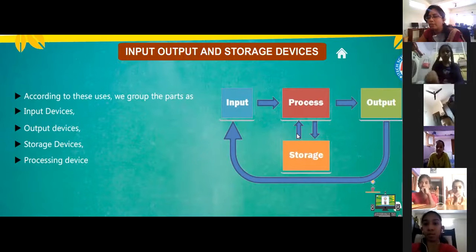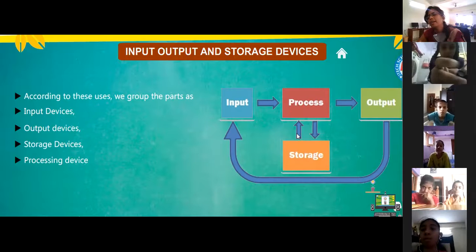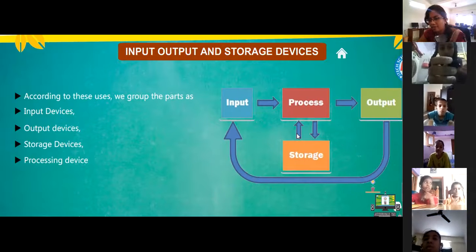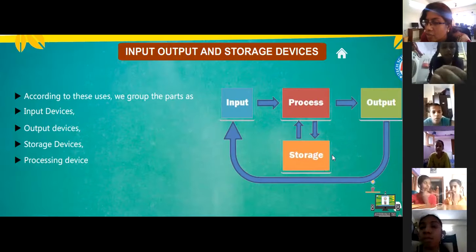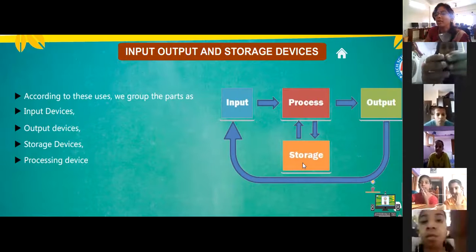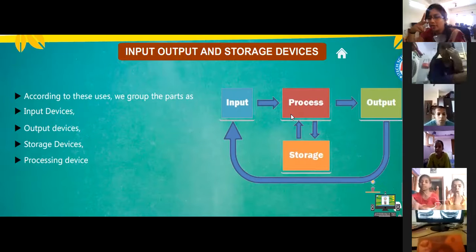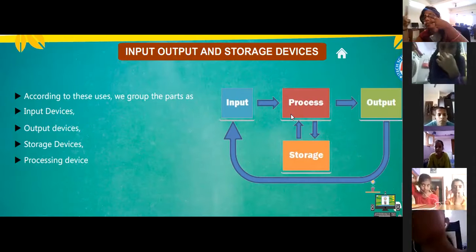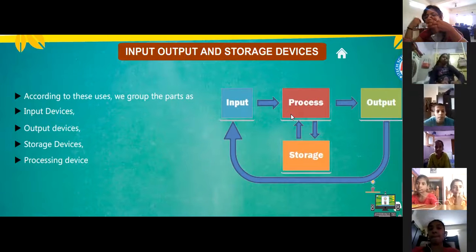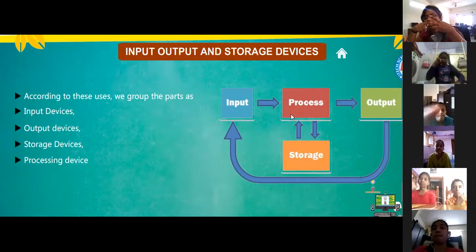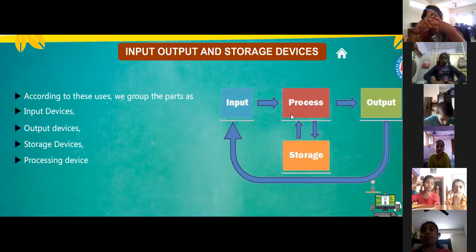Whatever files you people make, the movies which you have made, any documents you have made, it gets saved into the computer. Where does it get saved? It gets saved in the storage area. So after processing, the computer does two activities. One, it sends the information to the output devices so that the user gets to know the result. Second, whatever it has done, it will store also. Two things it is doing.